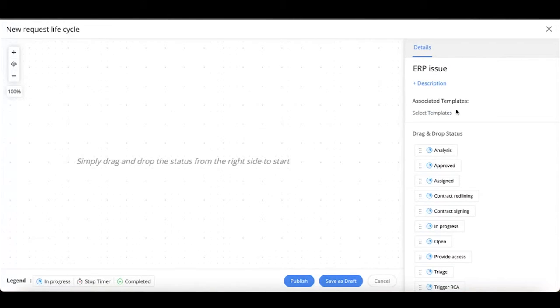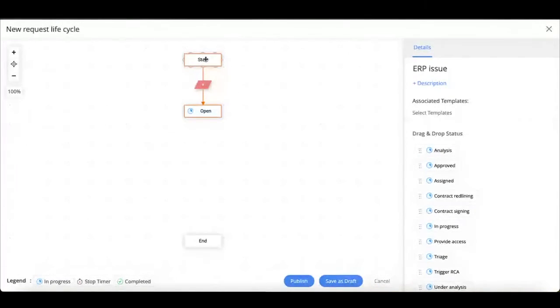On the panel to my right, like I said earlier, you can associate specific templates. And you can also drag and drop the different statuses that your ticket would progress through. For now, let me use the open status. You can connect your statuses with what we call transitions.